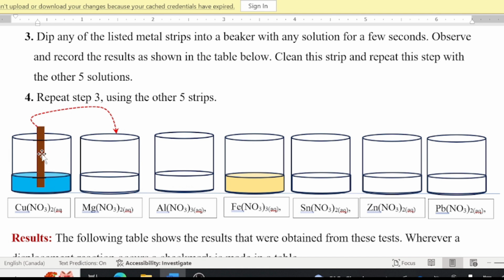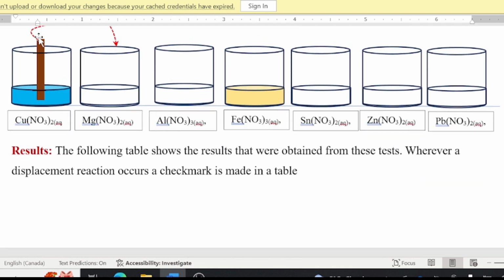So in this case, we dip it in the copper, absorb the tip there that's dipped inside, to see if a coating forms or not, wash it out, wipe it, and repeat this process for the rest of the solutions while making observations of the tip of the strip of the copper that was inserted in each solution. Repeat this whole set of tests for each of the other metal strips separately with the solutions and make recordings